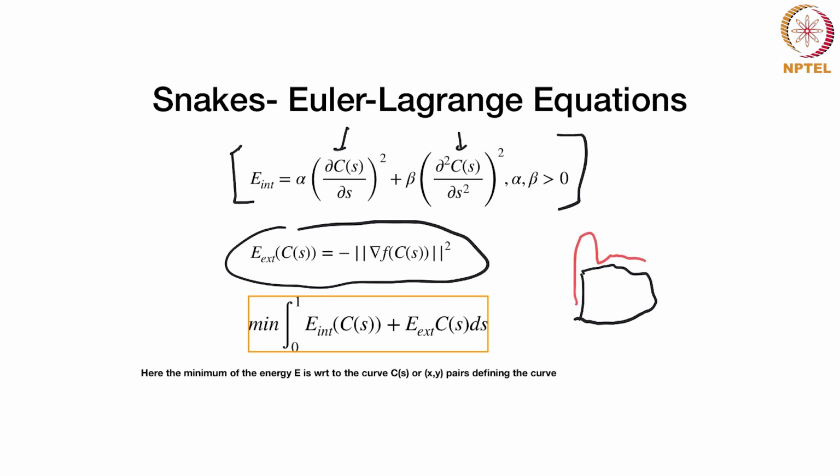This is what we saw. You don't want a lengthy curve, right? So this is a very long curve, right? And this term makes sure that these sharp discontinuities don't occur. Rather, you have a smooth curve, right? A fairly shortened curve. The second term, what it does is make sure that you can also have curves like